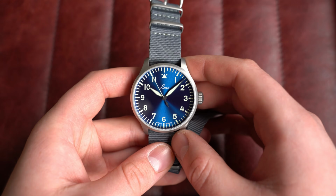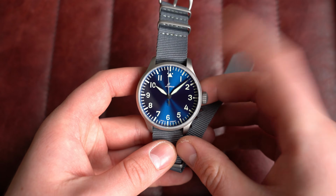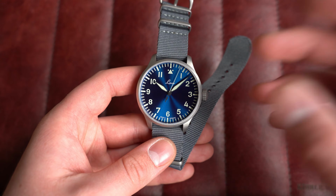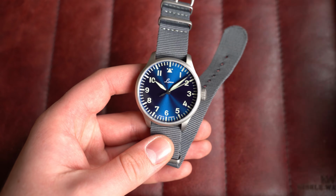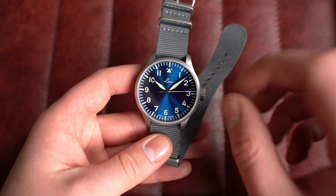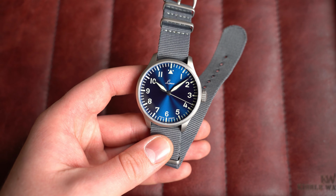Now this brand offers incredible value for money, and I really do think so. When you go see what the price is of this on the website for a blue Pilot watch that isn't insanely big at 42mm, you're going to be surprised. You know, it is automatic as well. So this is the Seiko. Well, the name's very difficult to pronounce, so you know what, I'm not going to butcher it. Go check it out on the website if you want to see the actual name, but the reference is